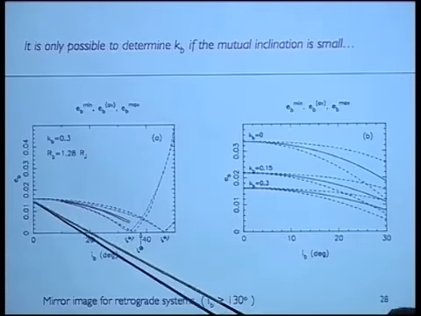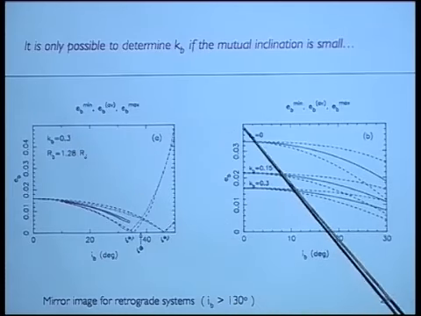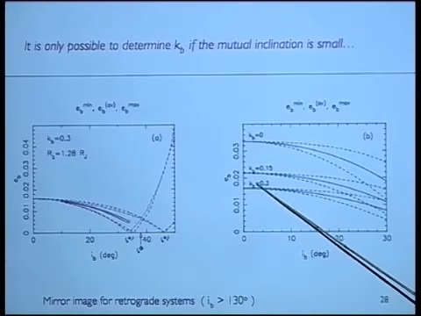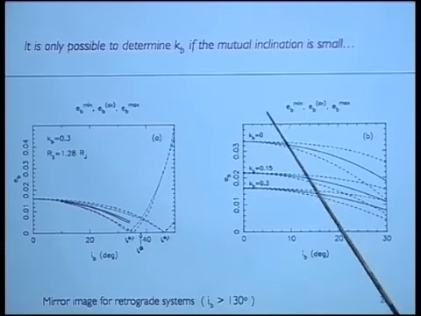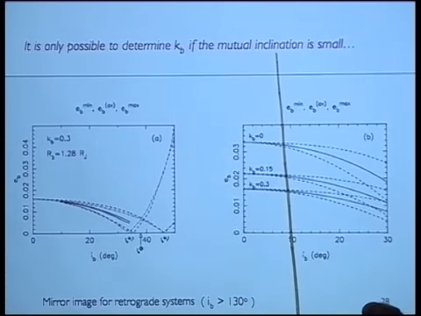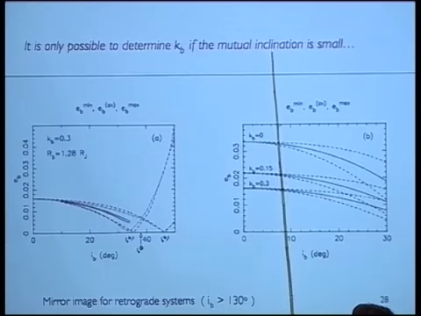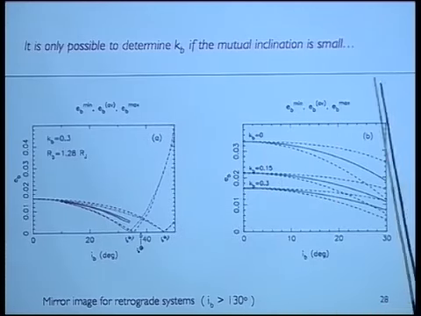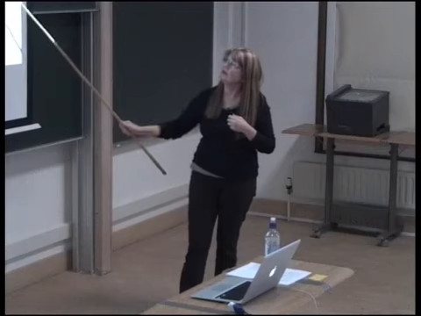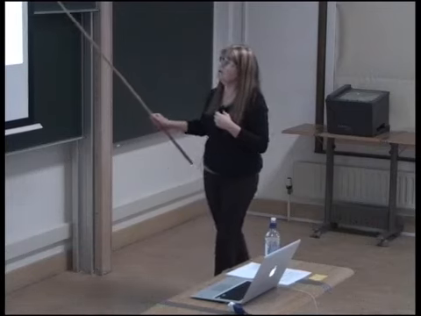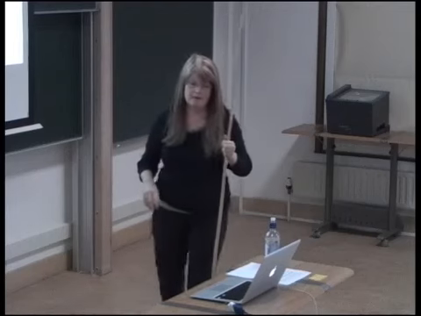So these curves are for this Love number, and if I vary the Love number, if I have a zero Love number, I get a higher eccentricity. So as long as the mutual inclination is less than 10 degrees or something, you could still pin down the Love number of the planet if you get an accurate measurement of the eccentricity. But past there, it just becomes, the waters become muddy. You really can't give a unique value for